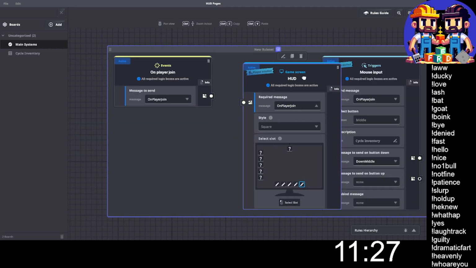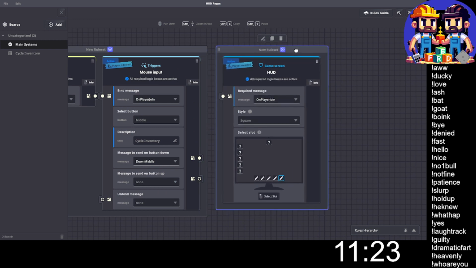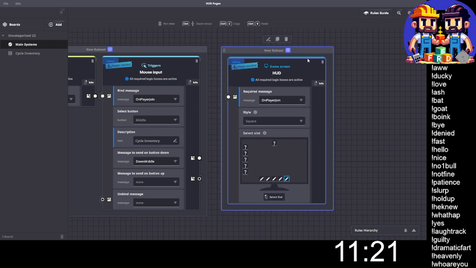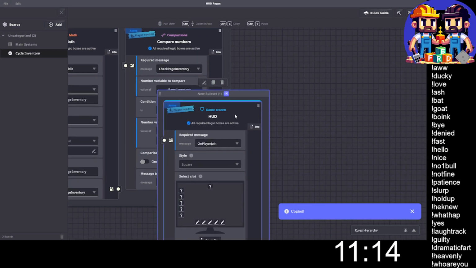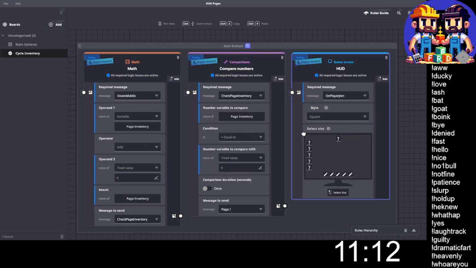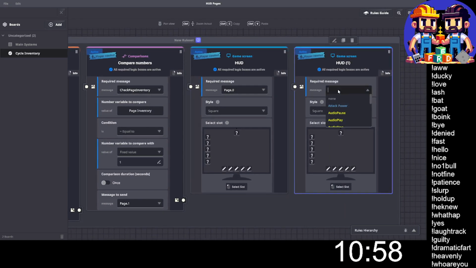I can hop over here, drag this off, and then we can Control C, copy it, go back to this board, paste it. Okay. So if I get page dot 0, it's going to be that one. And if I get page dot 1,